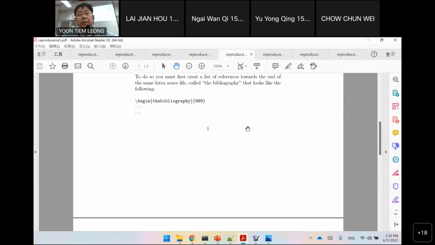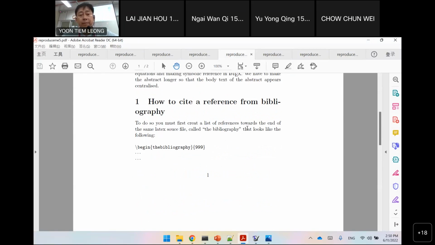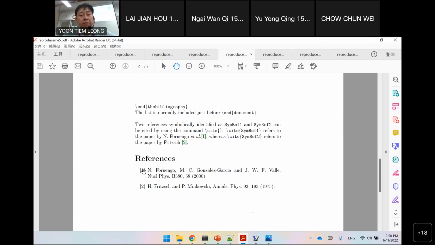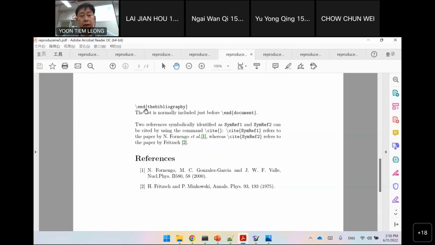Now, citing a reference can be a little bit lengthy, but basically this is what you do. The simplest thing to do is to prepare the reference inside the LaTeX source document explicitly. So you just prepare the content of the first reference and the second reference and put it in the bibliography. Then you can begin citing it. So let me show you how you can do that. If you want to see how this is done,